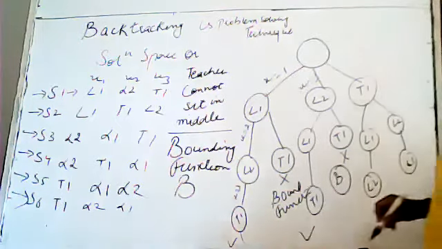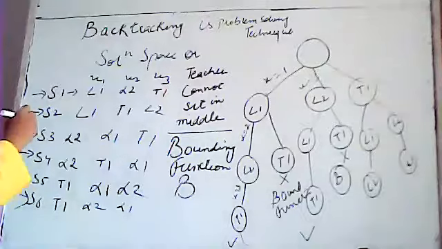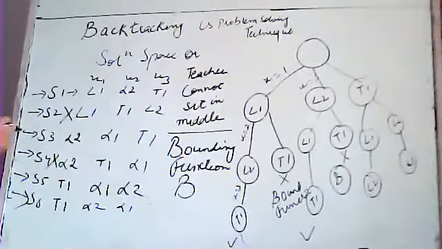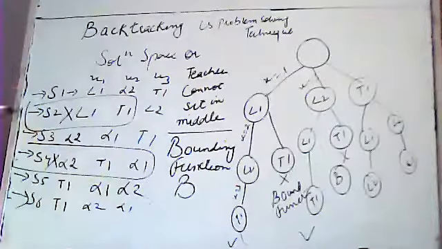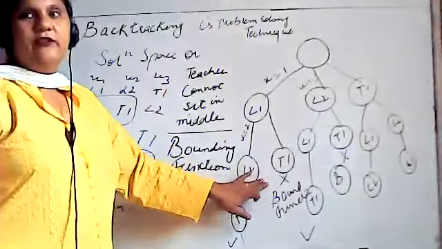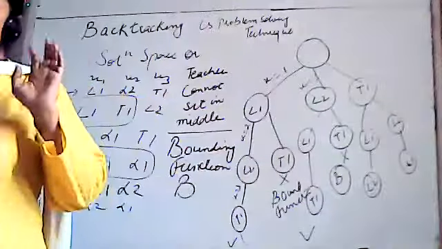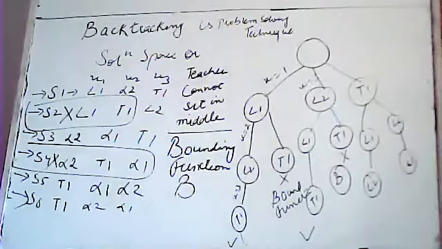So how many solutions have gone? Which solutions are gone now due to my bounding condition? S2 is gone and S4 is gone. So these will not be part of the solution set which I am forming, as I have been stopped by the bounding function. Wherever I am stopped by the bounding function, I will move to the parent node, then from the parent node to the next node. This is called backtracking.